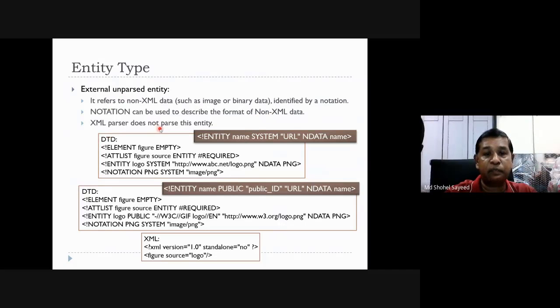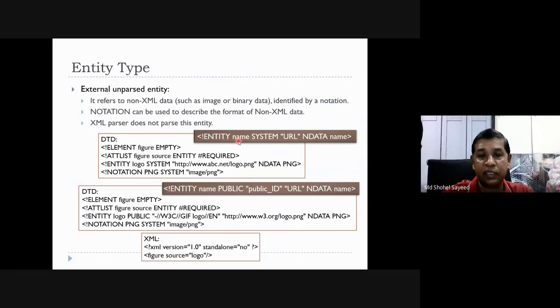The XML parser does not parse this entity. So look at how you define it: ENTITY, name of the entity, SYSTEM, URL. You have to put the URL and NDATA, the notation data name.